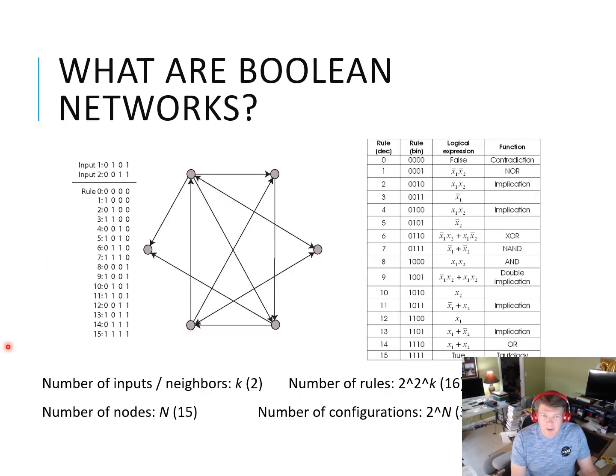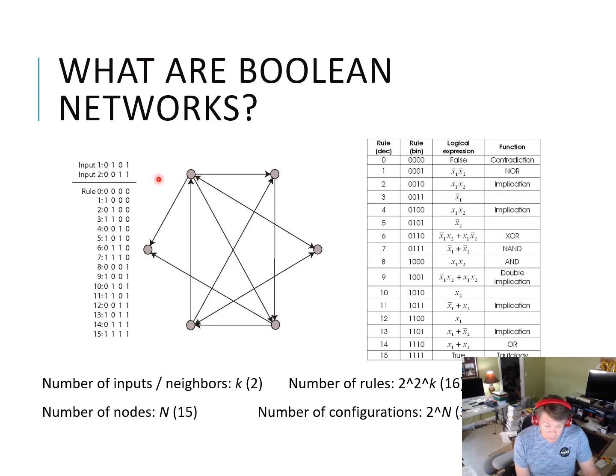So what is a Boolean network? We see here a very simple example of a Boolean network with 6 nodes. Each node has a number of inputs. I believe in all of these, each node has 2 inputs. And for each node, we have a rule that tells us what the state of each node will be on the next time step. So each node can only have a state of 0 or 1, hence the name Boolean. And the state of the node, whether it's 0 or 1 in the next time step or the next iteration forward, is dependent on these rules.